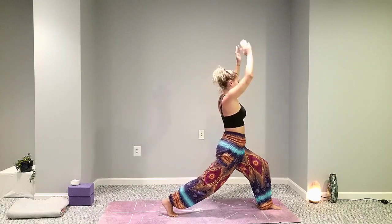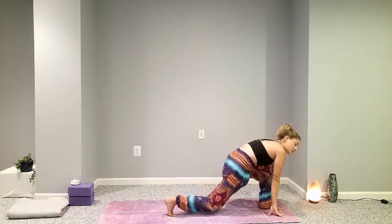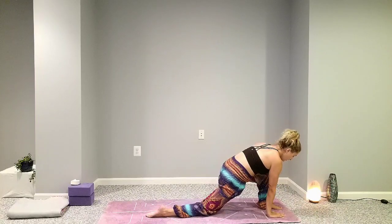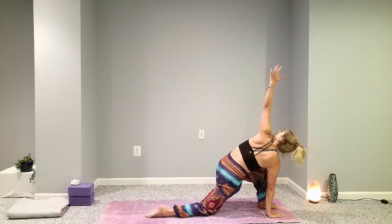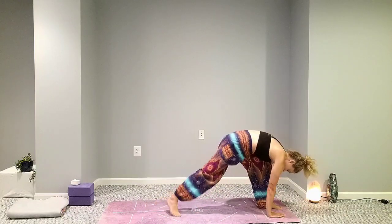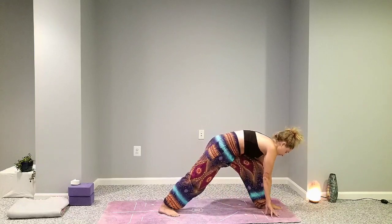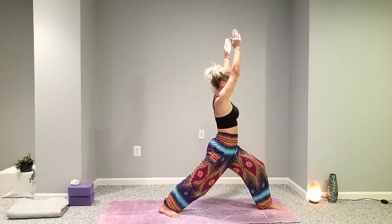Exhale to rotate your back feet in, planting your palms on the ground and dropping your knee for that low lunge. Inhale to twist up to the left. Exhale, plant your palms, curl your toes under. Align your feet, heel to heel alignment. This is for the warrior one. Sweeping your palms back up into warrior one on the